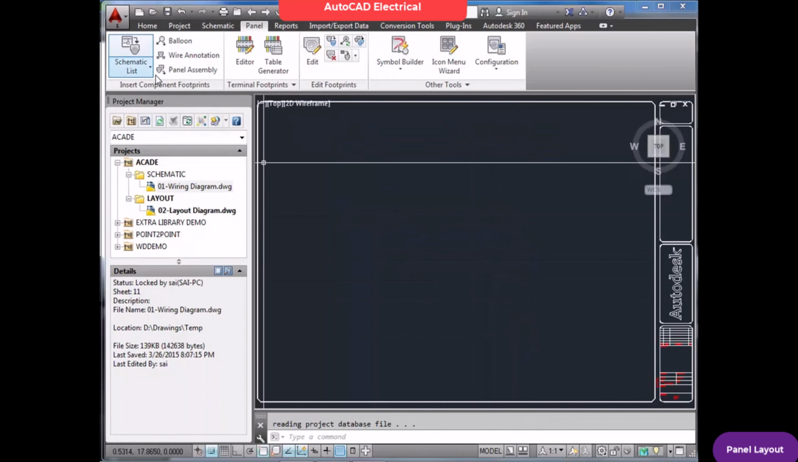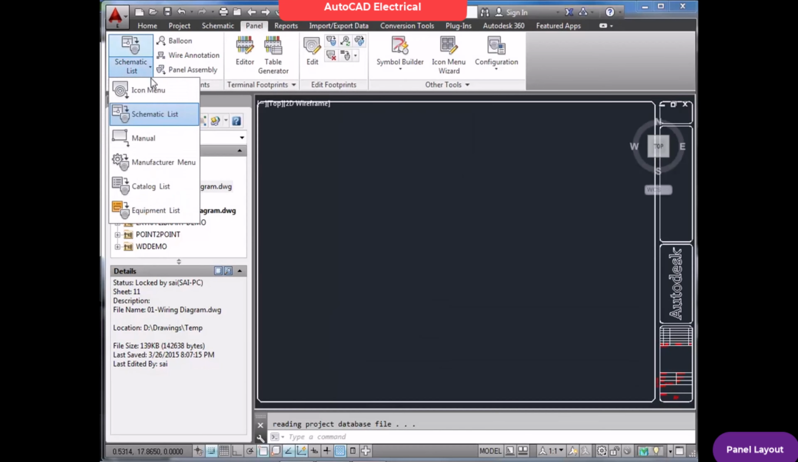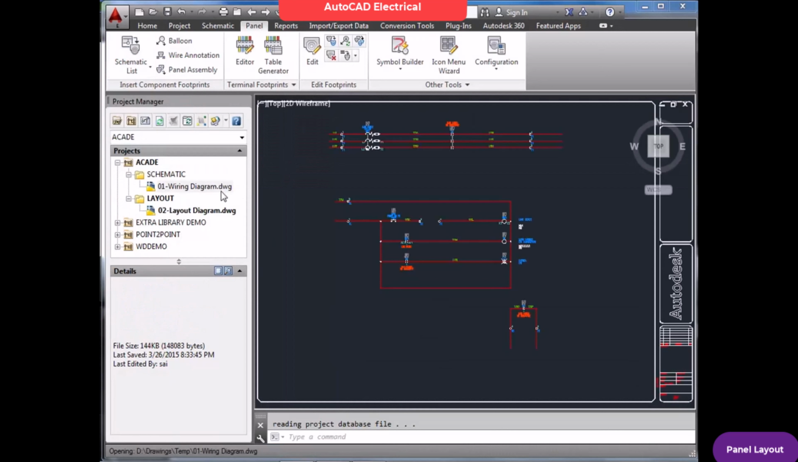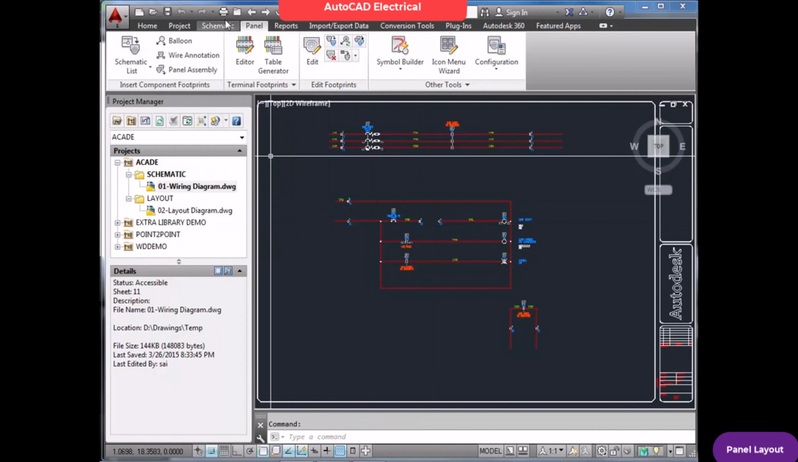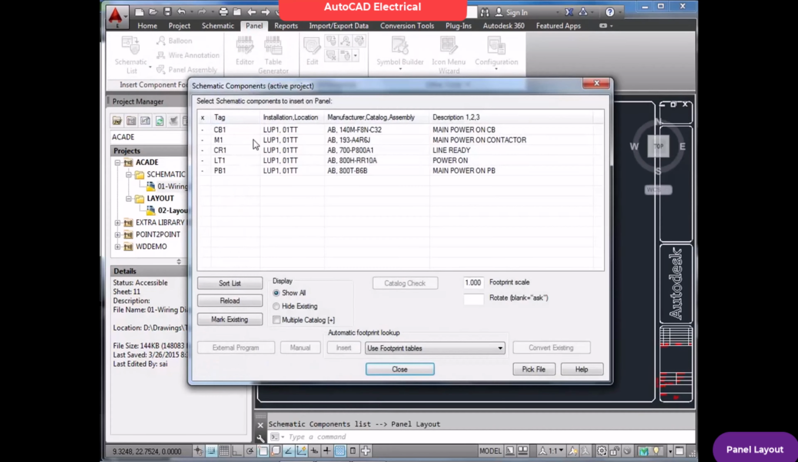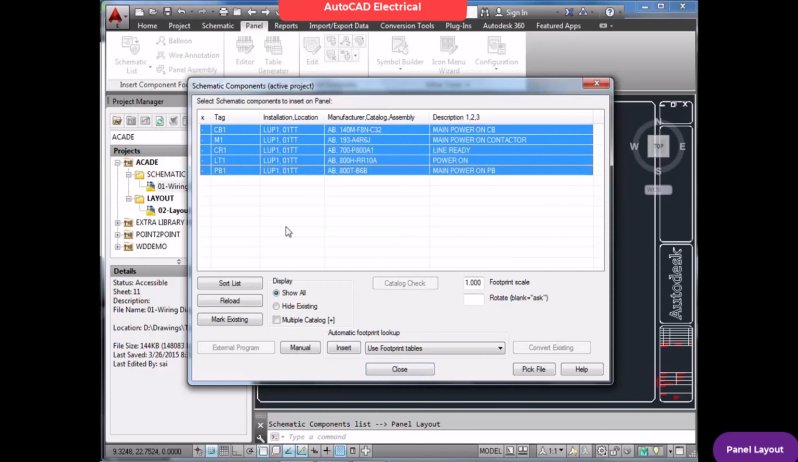In the previous session we have learned about how to insert panel footprint from schematic list. Our schematic is this one, and this is our panel layout. Once again I will show you, these are the components: circuit breaker, power contactor, control relay, indication lamp, and push button. I have to select all, insert,